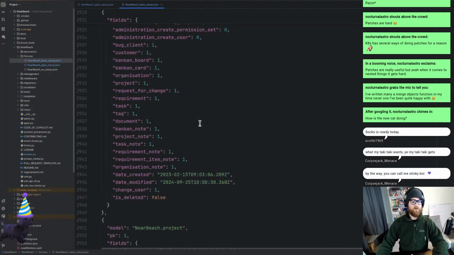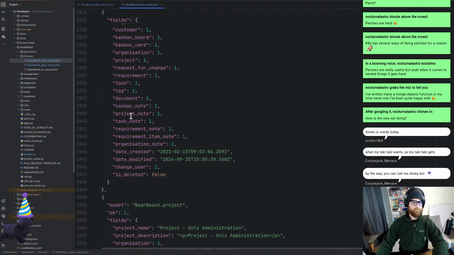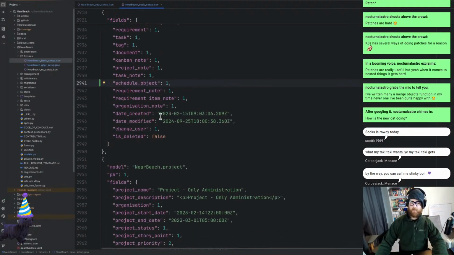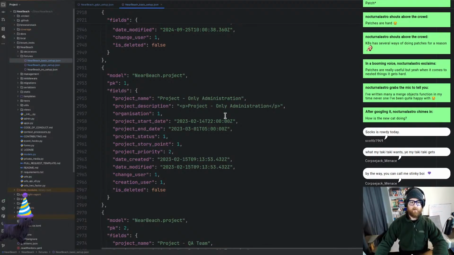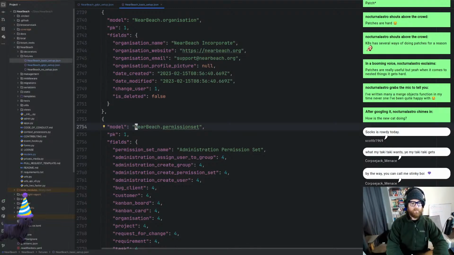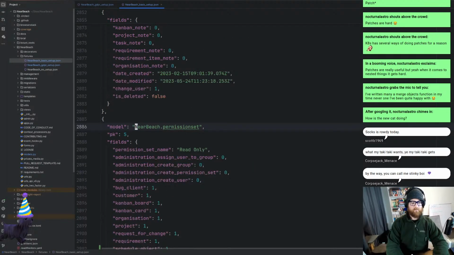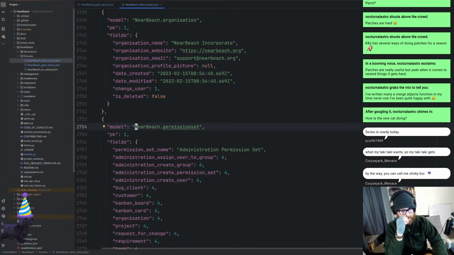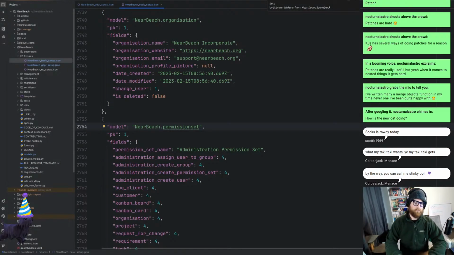And then read only plus extra. This will be down here. This will still be a 1. And then we don't have no permissions, do we? So admin, full, edit, read only plus S. Yeah, we don't have any no permissions in here. No problem. That is something we could look at implementing as a specific sort of user case later on. Yeah. Anyway,